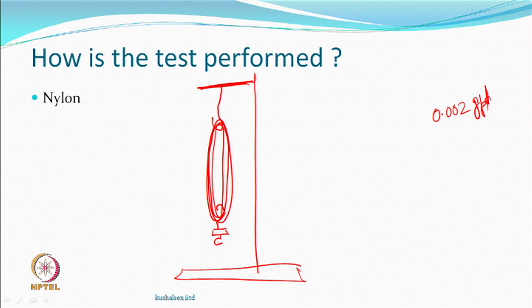Then you also put a heavy load, which was, let us say, 0.1 gram per denier, and this whole thing